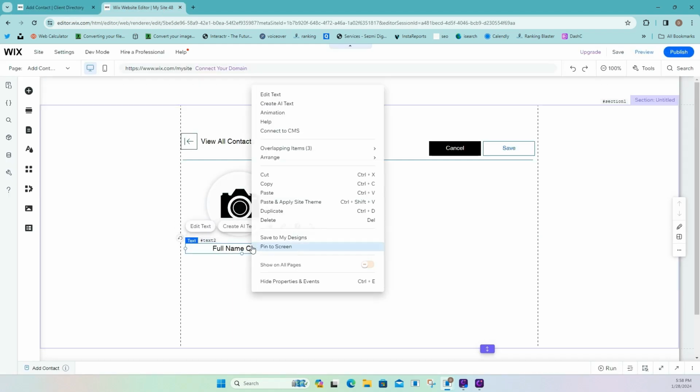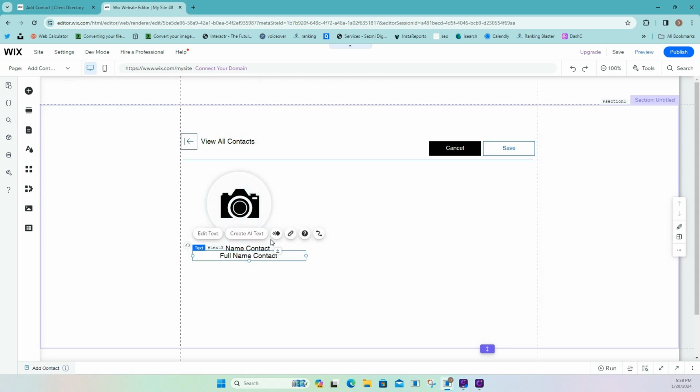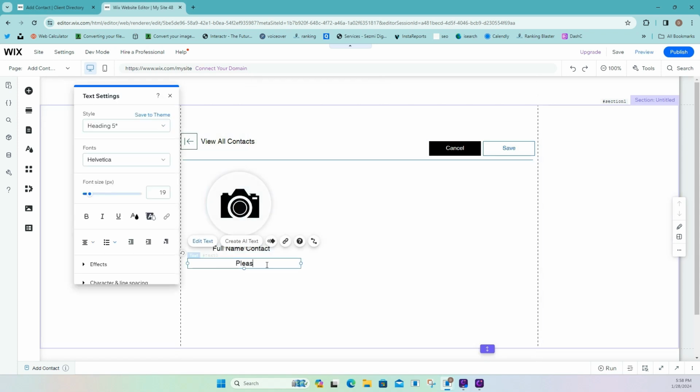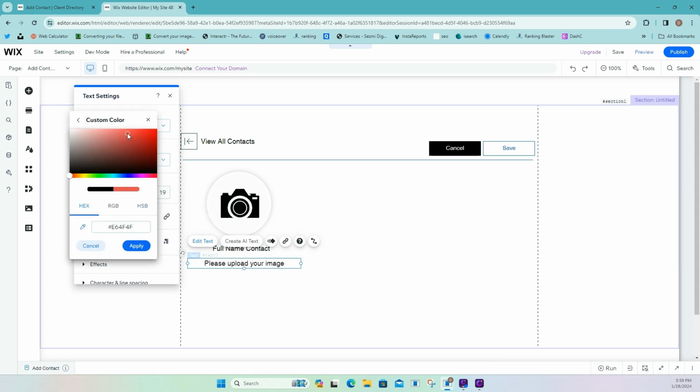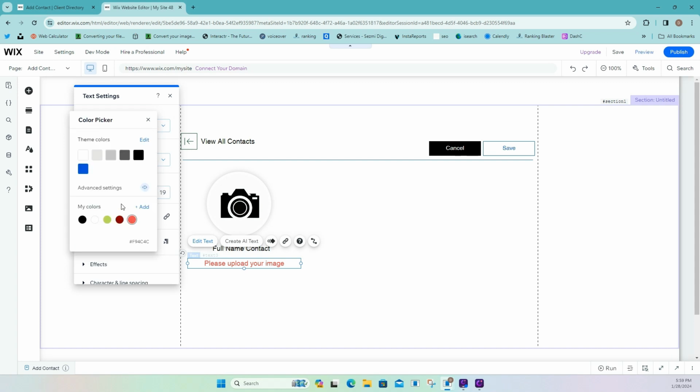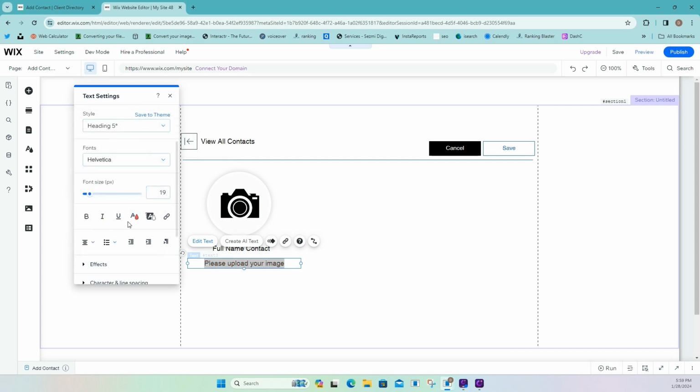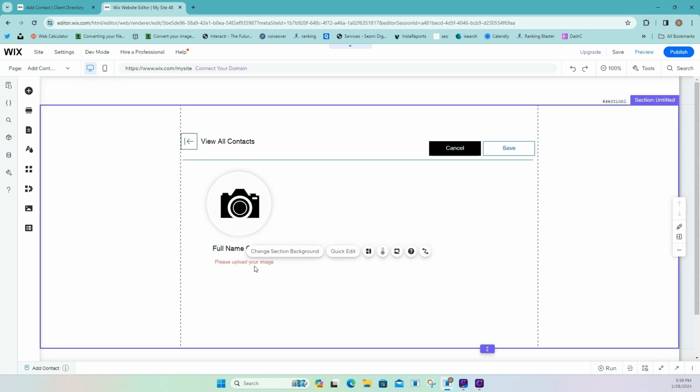Perfect. So we're gonna duplicate this, and now we're gonna do a please upload your image, and this is gonna be in case they didn't add their image and we're making it mandatory, right? So we want to make sure it shows that error, but we also need to make it smaller, not that big. We're gonna be here,